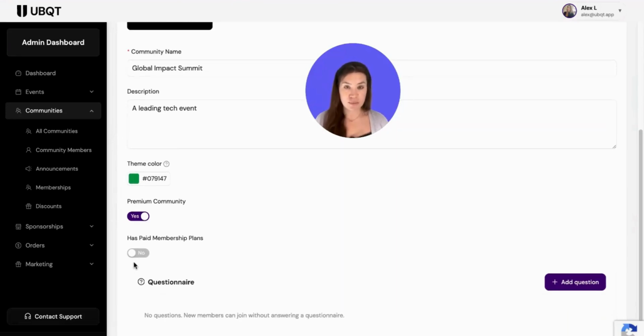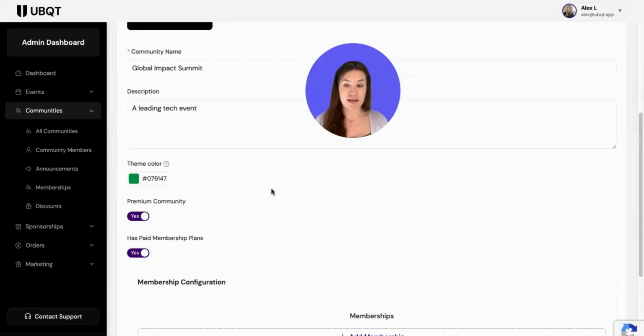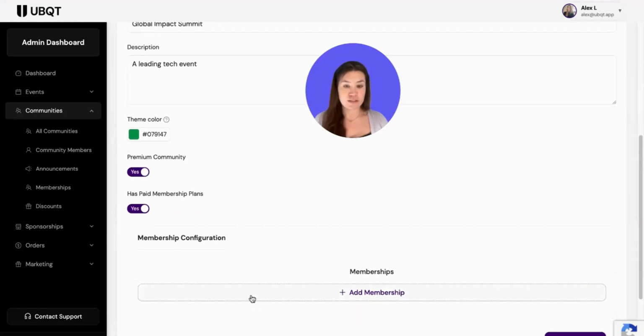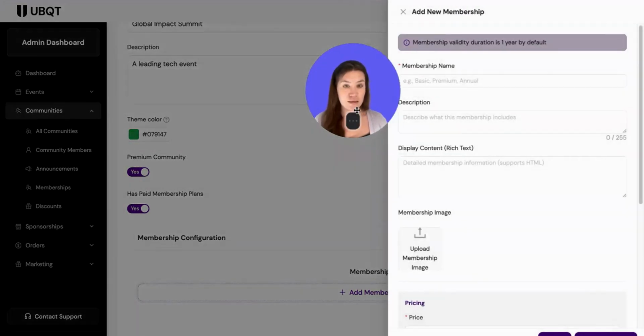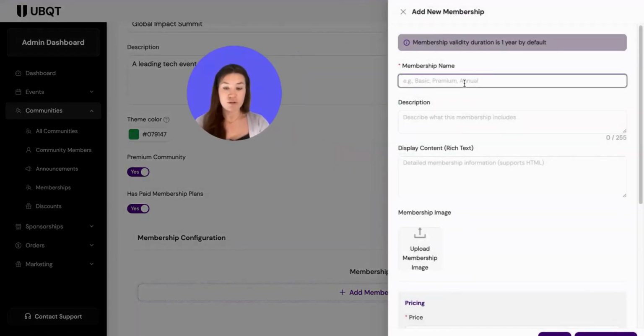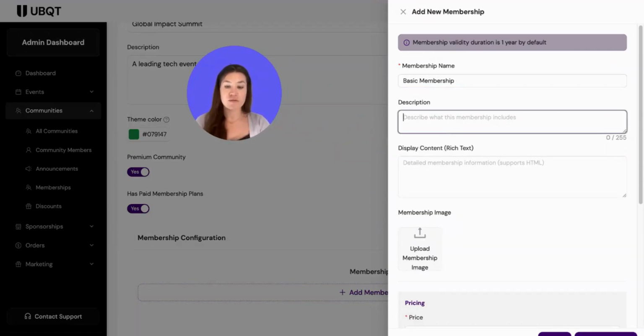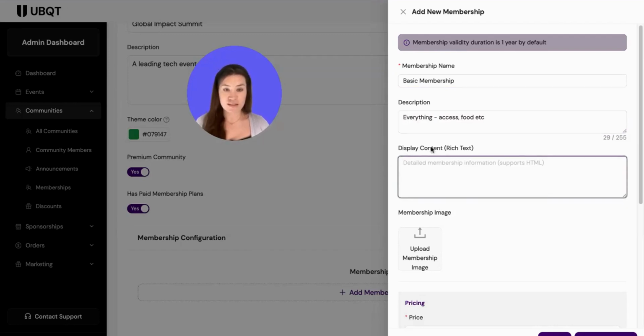You can also, if you want to monetize your community, add paid membership plans. And all you need to do is add a membership. You can call it whatever you want. So I'm going to just add a basic membership, and you can add a description about what that includes. You can also add display content, and this is what your members will see on the joining membership page. I'll show you what that looks like after. But for now, I'm just going to say,